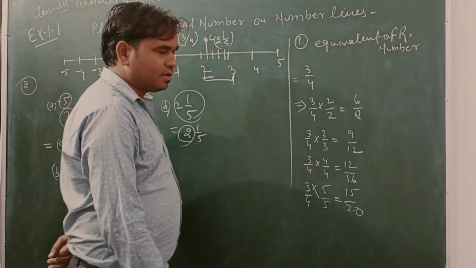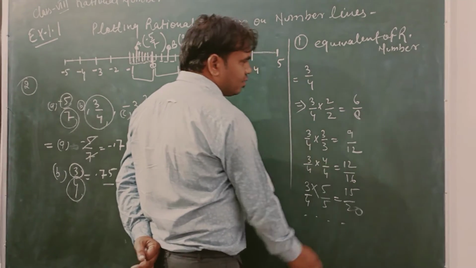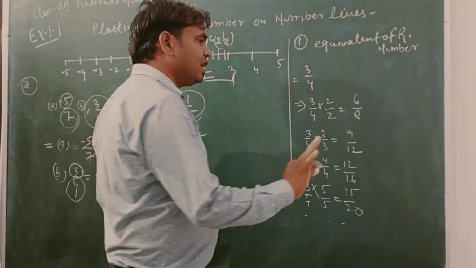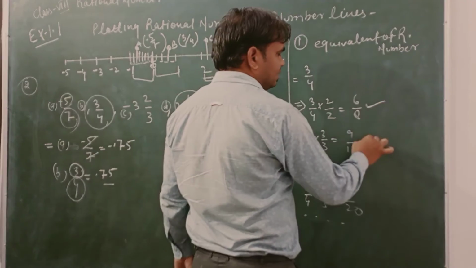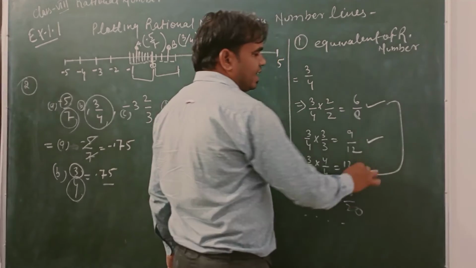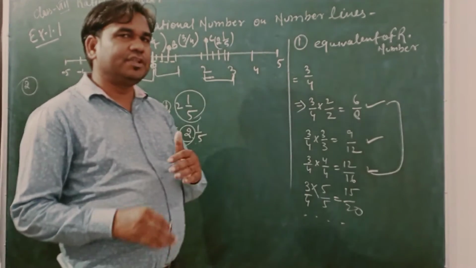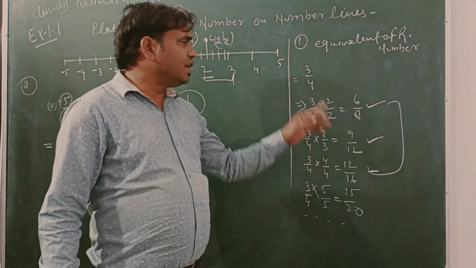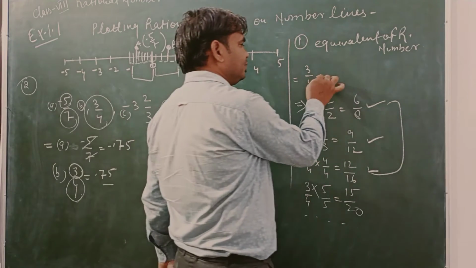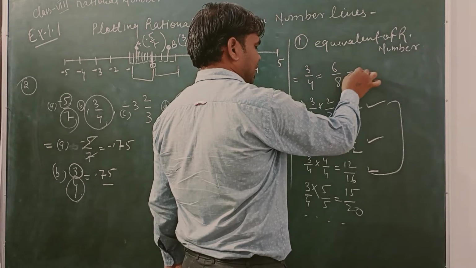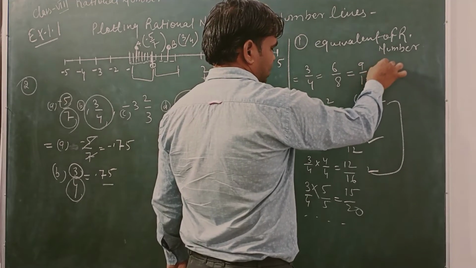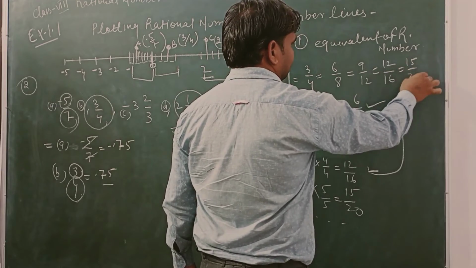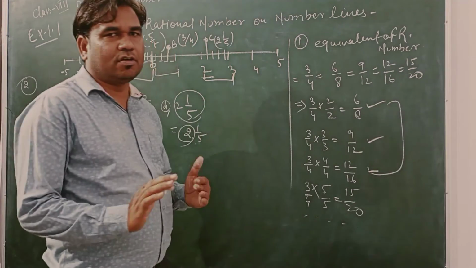So it means to say you can increase whatever number you ask. If you see, the equivalent number is 3, so we have only made 3. This is 1, 2 and 3. So we can only take 3. If this is the 4 number, 5 number, you can increase this number. So the equivalents of this number are 6 over 8, 9 over 12, 12 over 16 and 15 over 20. So this is the way of finding equivalent numbers.